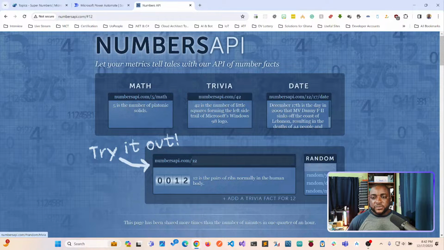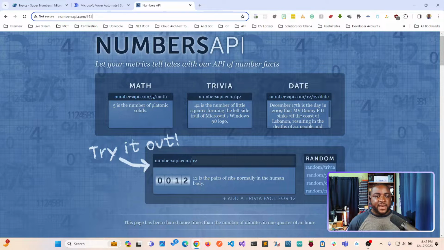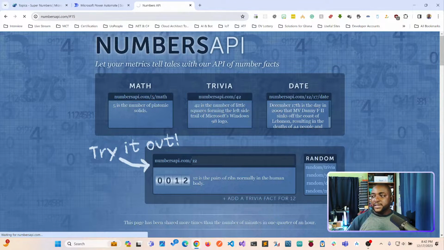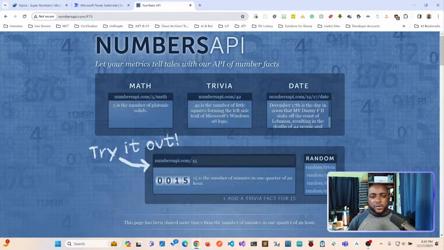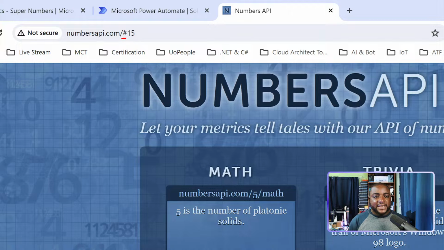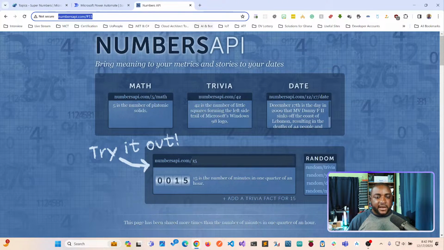So if you want to do something like math, let's say you pick the number 12, and I want you to watch something. When I call this, let's do 15 and I run this again. You see, 15 is the number of minutes in a quarter of an hour. Now, when you call this endpoint with the hash sign, it doesn't just give you a response. It takes the response and displays it in the same website, keeping the look and feel. But if I take out the hash sign,